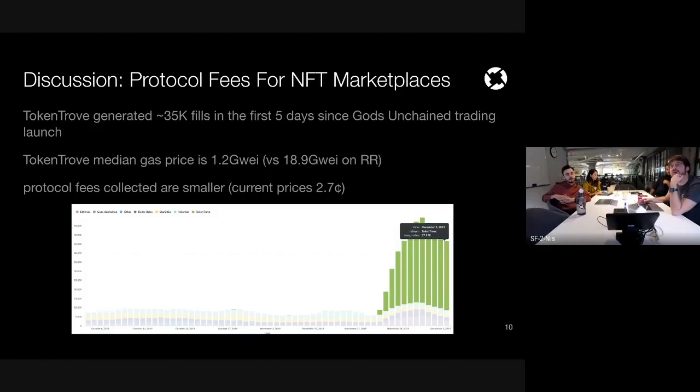Cool. So I wanted to open up a discussion on protocol fees for non-fungible token marketplaces. Over the past few months, we've gotten a fair amount of questions around this. Like, is it fair to charge smaller trades protocol fees in the same way that you would for a larger trade? And we've finally been able to get some good data